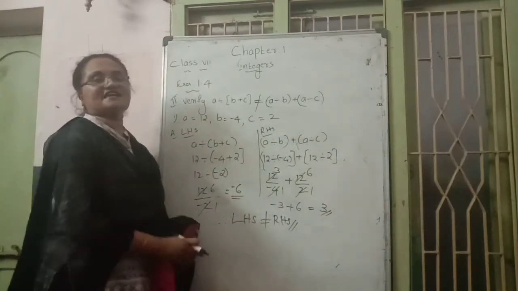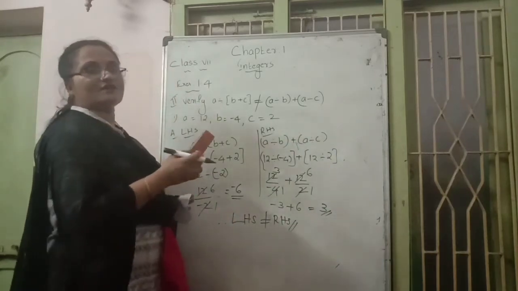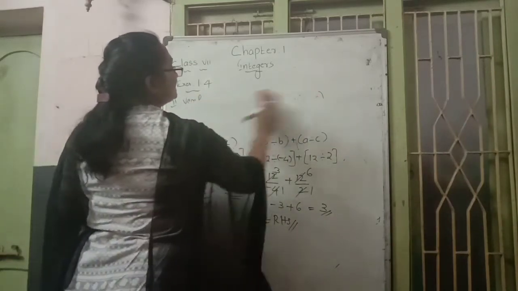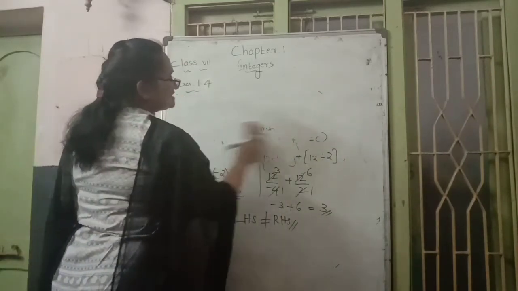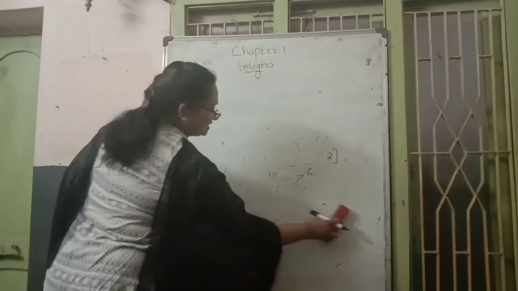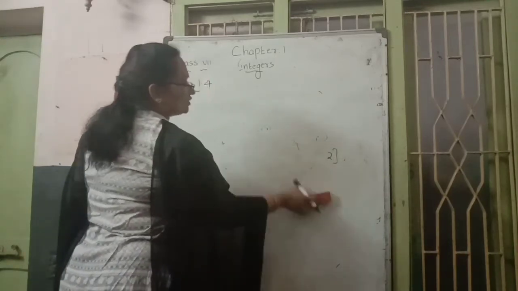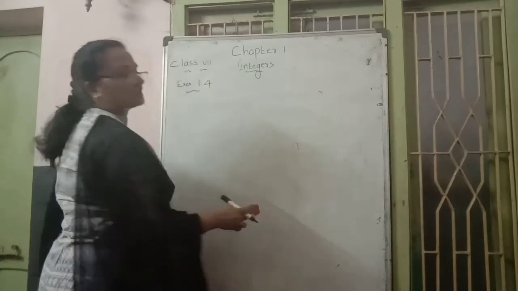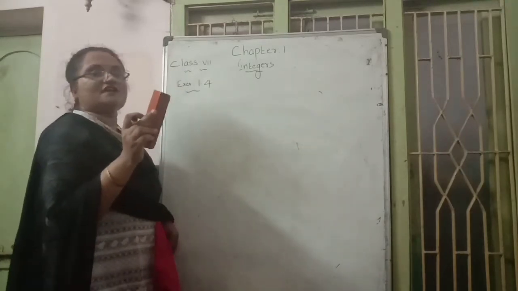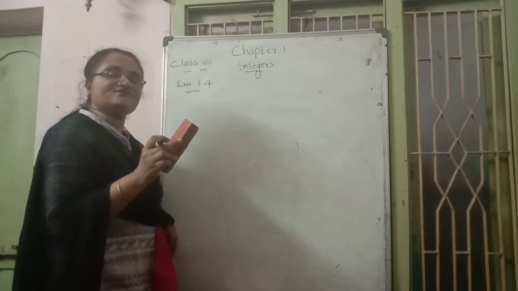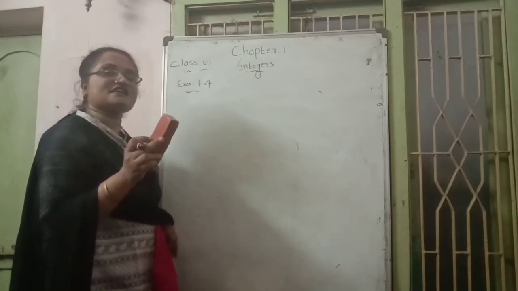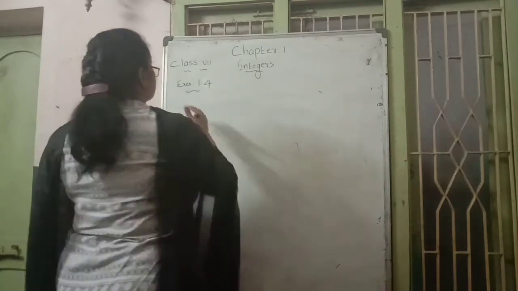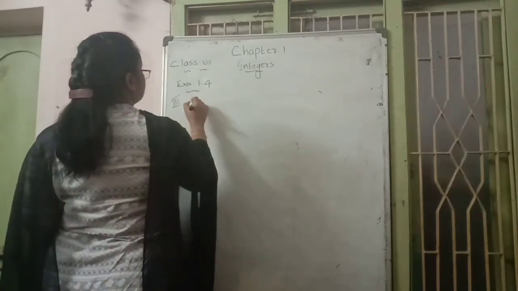I hope you can understand the second Roman question. Then next we go to the third Roman. In the third Roman, they give some fill in the blanks questions. In fill in the blanks questions, you already know: in the same number division case we always get the answer 1. Any number divided by 1, the answer is always the same number itself. That type of questions.